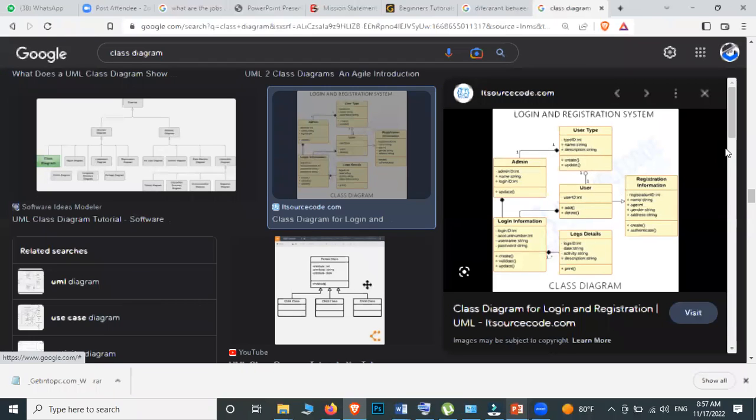And then login information is also fully dependent on the admin class. But user is partially dependent on the user type. If you take a website, the owner of the website is known as the admin of the website, but the users are just normal users. We are all normal users. The person who manages a website is what we call the admin, isn't it? So they will definitely have login information. They can go to the back end and they have all the details. What do we do?